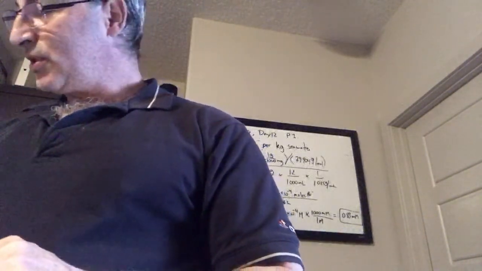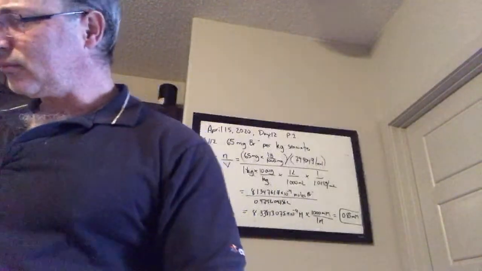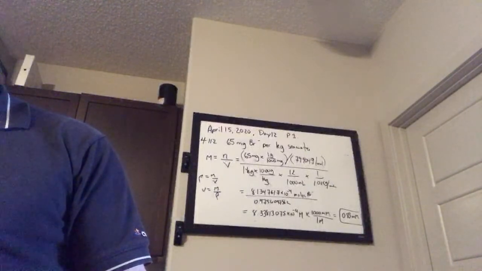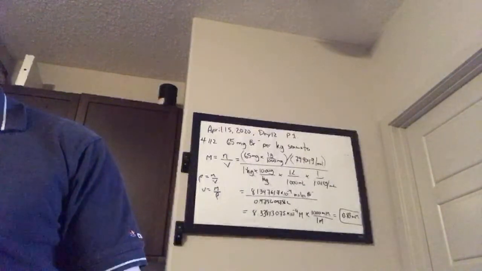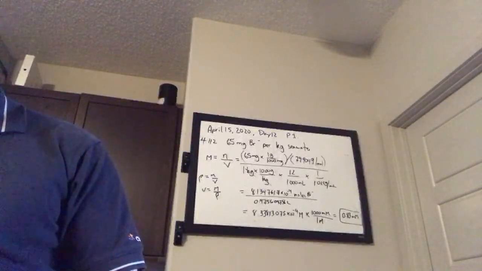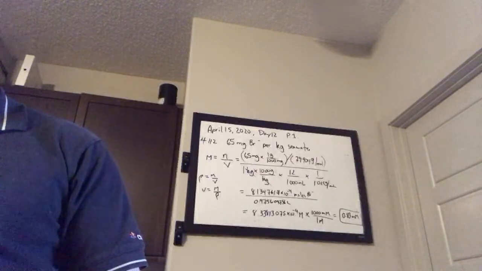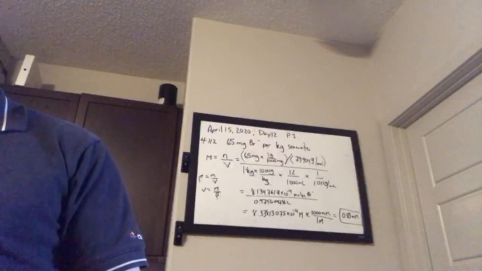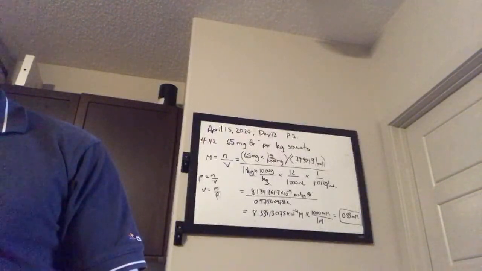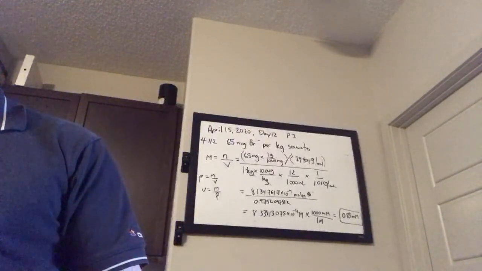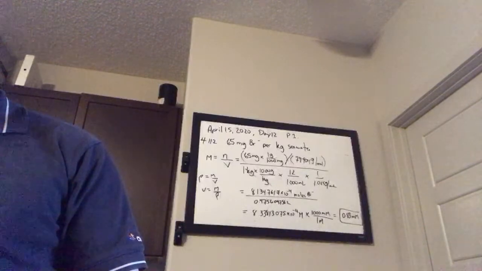Okay, so let's look at 113 next. It says the mass percentage of chloride ion in a 25 milliliter sample of seawater was determined by titrating the sample with silver nitrate, precipitating silver chloride. It took 42.58 milliliters of 0.2997 molar silver nitrate solution to reach the equivalence point in the titration. What is the mass percentage of chloride ions in seawater if its density is 1.025? So the way we set this up,